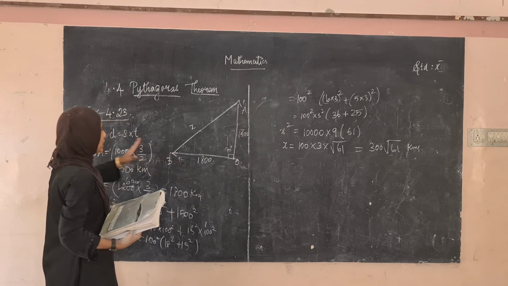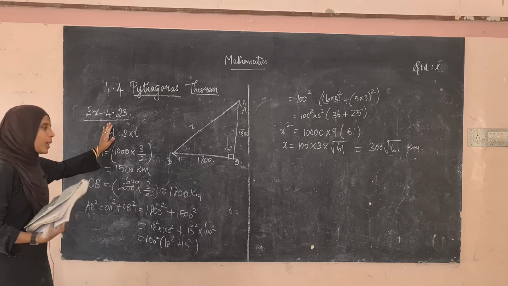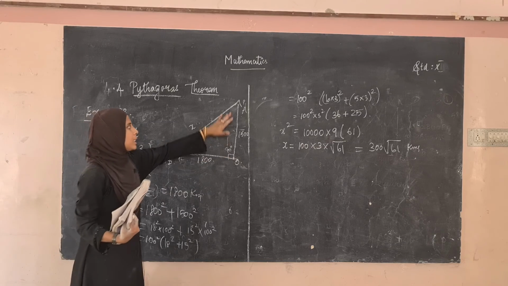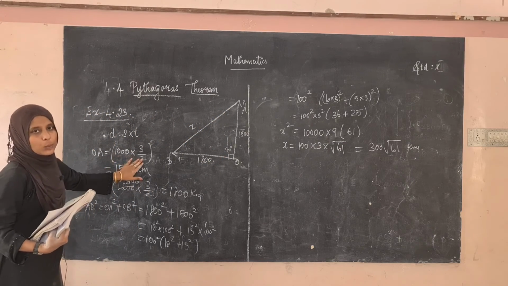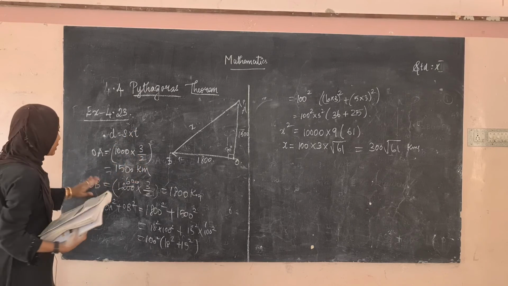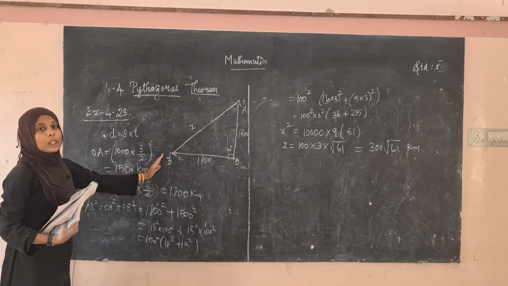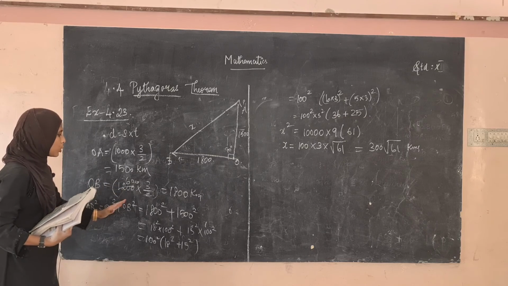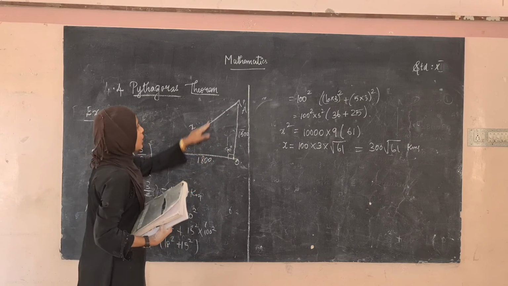Distance தெரிஞ்சாதான் பண்ண முடியும். அங்க ஸ்பீடும் டைம் டேக்கன் மட்டும் தான் கொடுத்திருக்காங்க. We know the formula, distance is equal to speed into time taken. So for distance OA, the plane's speed is 1000 and time taken is 1.5, mixed fraction. In fraction, it is 3 divided by 2. So that is 1500. And OB, the speed is 1200 into 3 divided by 2, it becomes 1800. So this is 1500 and this is 1800.